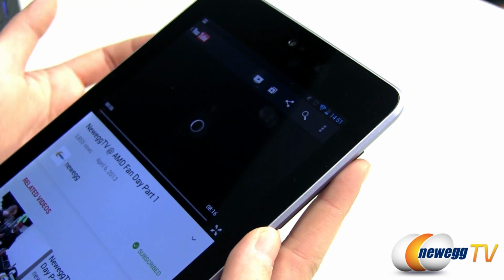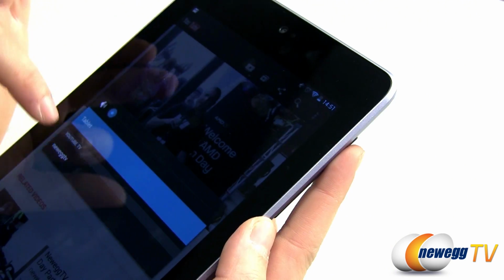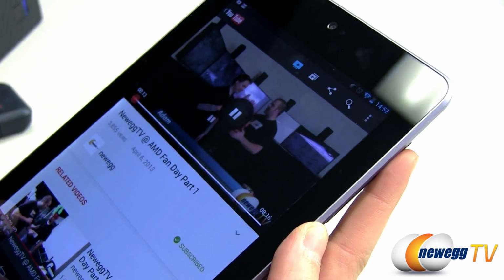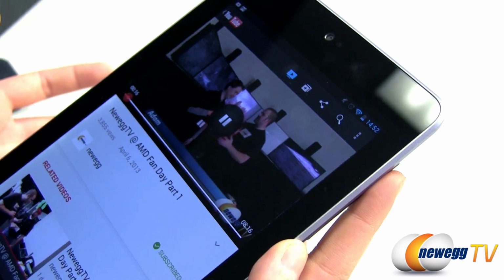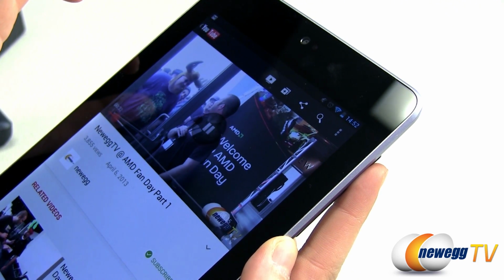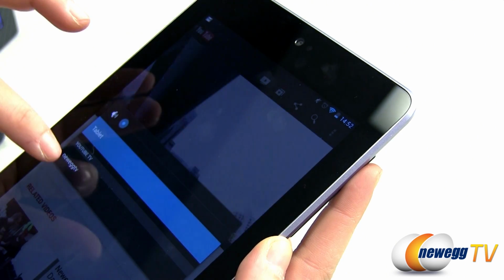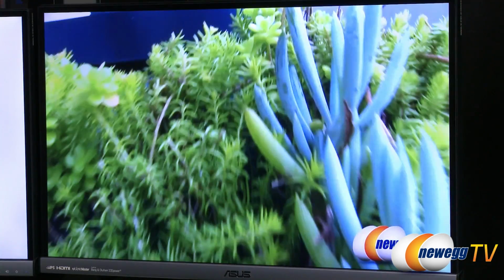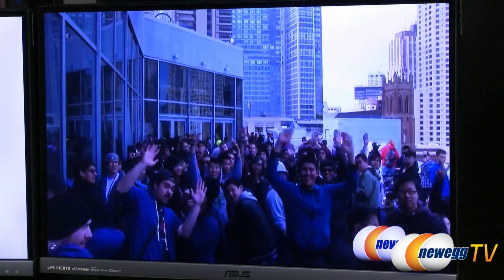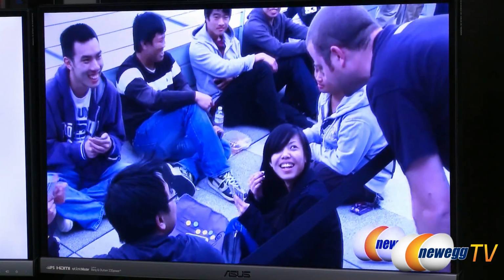You can also choose to play on your tablet as well. So you can actually do both at the same time. All right, so the media playback is going on both devices. So it actually gives you a little toolbar right here as well. So this is native to the YouTube app in the latest update. Okay. So I can actually choose between the two. Or you can have it play on Cube. Cool. And then there we have some footage of the AMD Fan Day event that we were at with Patti